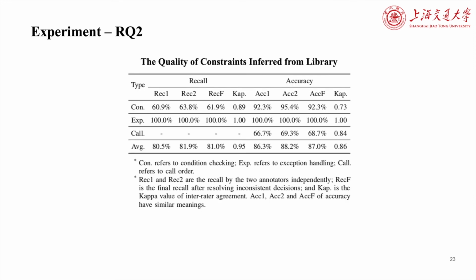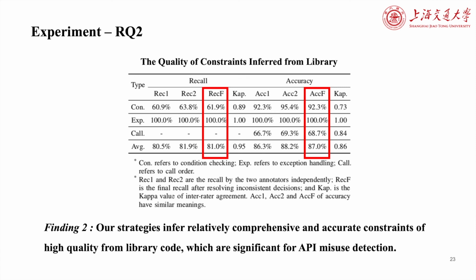For our Q2, we evaluate the quality of constraints from library code. We measure recall and accuracy of each type of constraints and take the average. We did not calculate recall of call order constraints, because all actual call order constraints of complicated classes are difficult to determine. We invite 2 programmers to independently examine the quality of constraints mined from library. The table shows that constraints inferred from library code achieve high accuracy and high recall on average. Hence, our strategies can infer relatively comprehensive and accurate constraints of high quality from library code, which are significant for